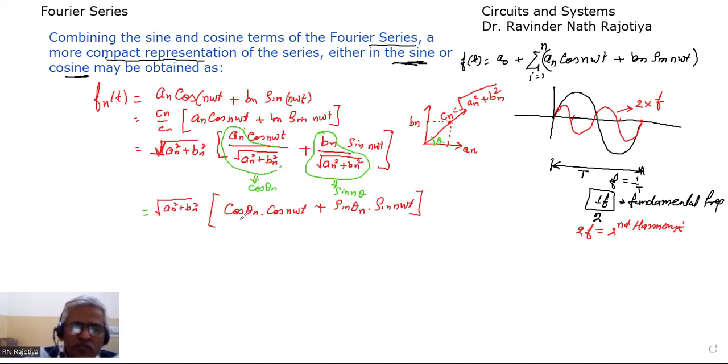Now what do you know here? Cos A cos B plus sine A sine B. So this term, you know by the basic trigonometric formula, is nothing but cos of (n omega t minus theta n). So for this complete term, I can put it as equal to this term. Therefore, this answer will become as